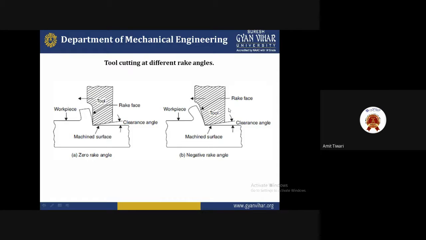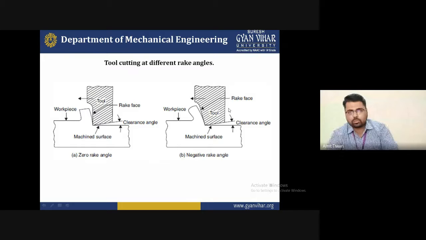If the rake face is very small, the chip formation is not good for machinability. Whenever the rake face is very small and the rake angle is small, it goes negative, and it is not suitable for finding a good surface finish. When you check the quality of the material with some instrument, the chip formation will not be appropriate and you will not be satisfied. So we increase the rake angle. In machining we require a positive rake angle, because we expect it to generate continuous chip formation, and this is a requirement of good machinability.